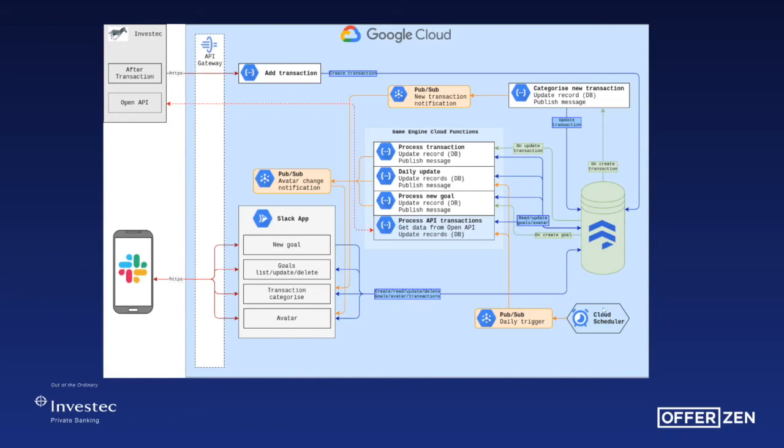And then as an additional little feature, we added a cloud scheduler, which triggers daily. We set it to about 6 a.m. in the morning. And then that grabs all your transactions via the open API, adds any transactions that might be missing in the Firestore collection, and processes them. So that's where, if you have any savings goals, for instance, we look at your savings accounts, see if you made any deposits or withdrew anything from your savings accounts, see if you've got goals, and then process those goals. And that is pretty much the nitty gritty of our